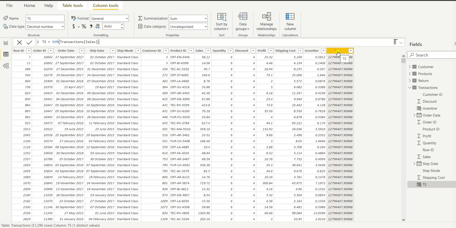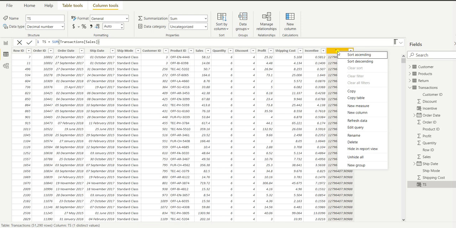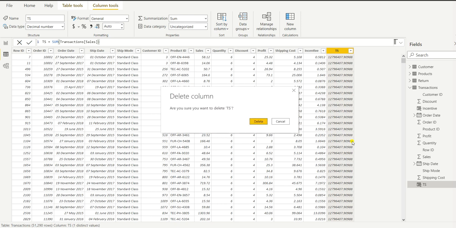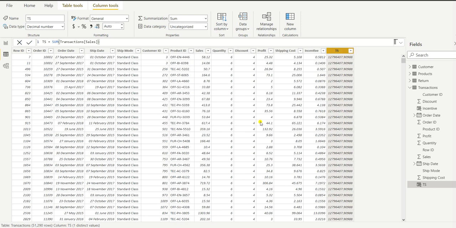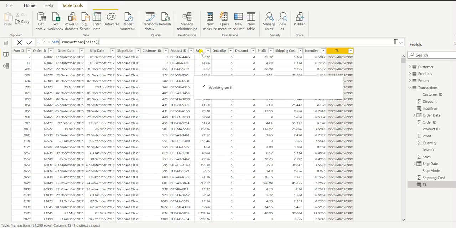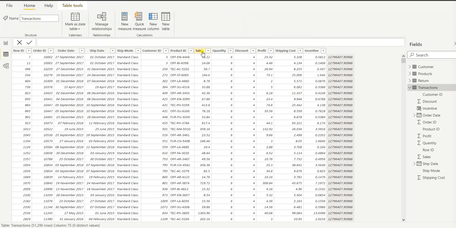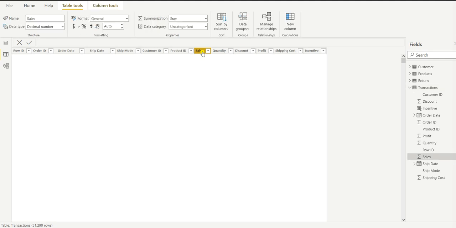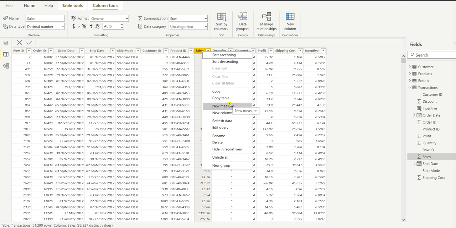For that we always use a measure, where we calculate a single aggregated value. So we will simply right click and delete this column. Now we will calculate a measure, and for a measure also we just need to right click and click on new measure.